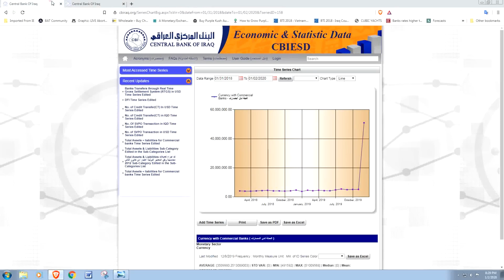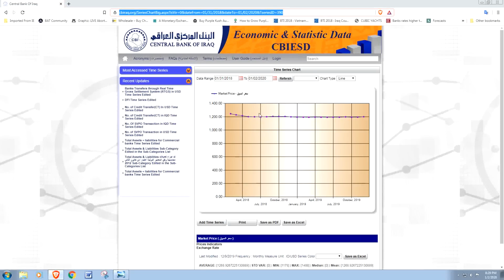Now also in here we find that they do have the current market value of the Iraqi dinar, which currently sits at, you guessed it, 1,201 Iraqi dinars for every one US dollar. Okay, so again, I want to bring this up. I looked at this with Jeff.